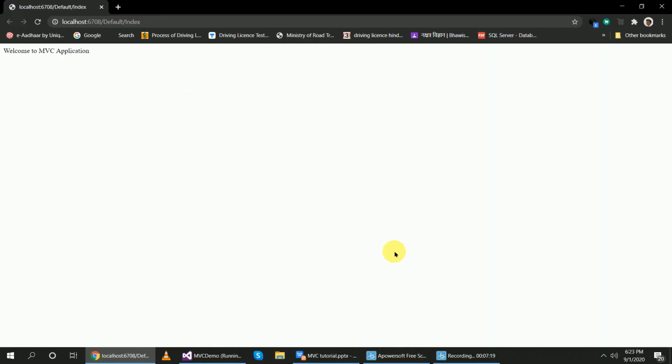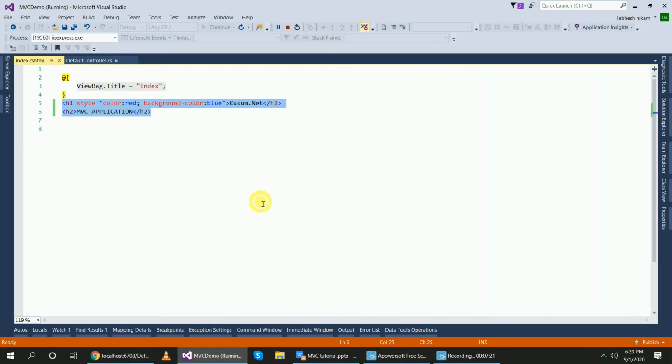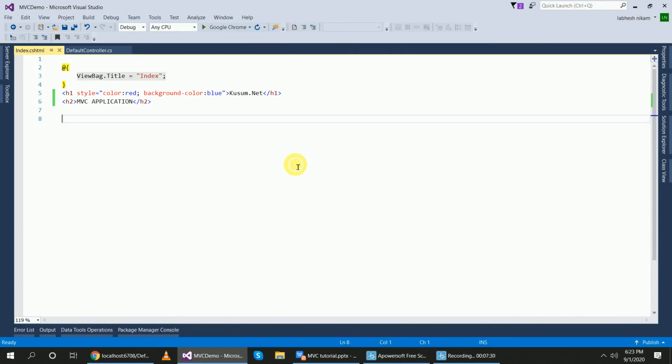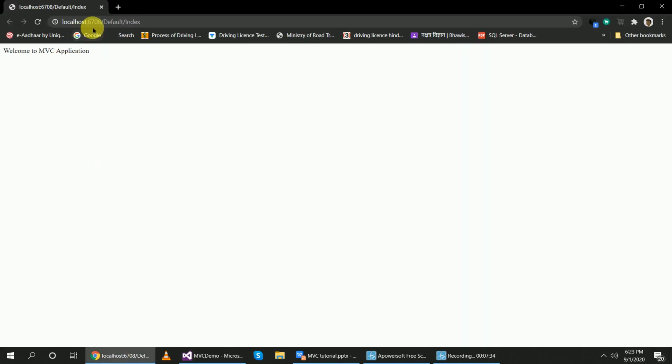Now I want to create this application with the application name. So here the localhost server name is displayed, but after that I have to add the project name and then controller name, then index.